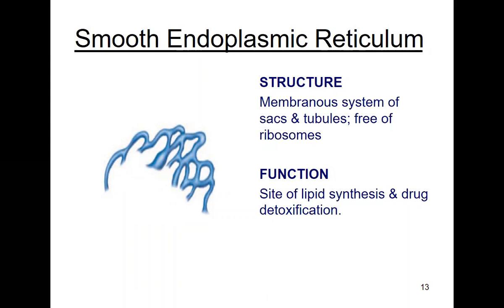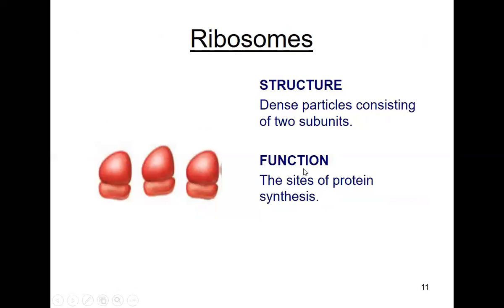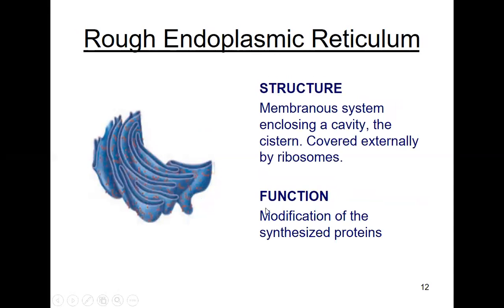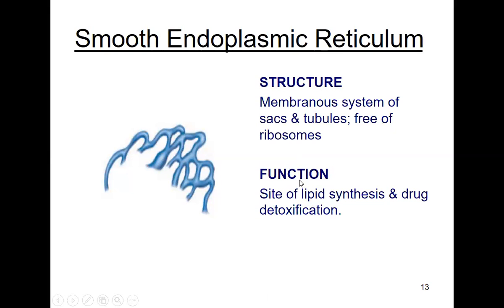What is the function of this smooth endoplasmic reticulum? This is the site of lipid synthesis and drug detoxification. Lipid synthesis. Here it was protein synthesis: the function of the ribosome is protein synthesis, and the function of the rough endoplasmic reticulum is the modification of the synthesized protein. Now here it is the synthesis of lipids. It also helps in drug detoxification. Any drug which can be injurious to the body is detoxified, meaning toxin is removed from it,